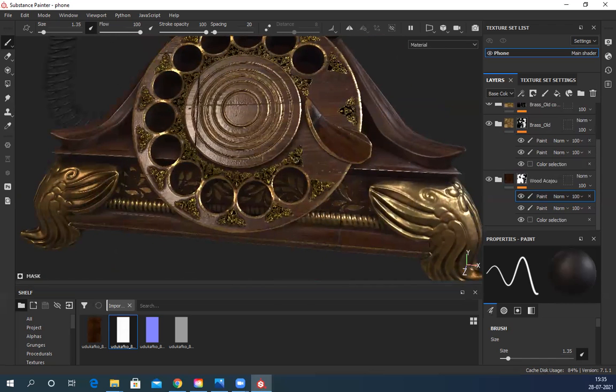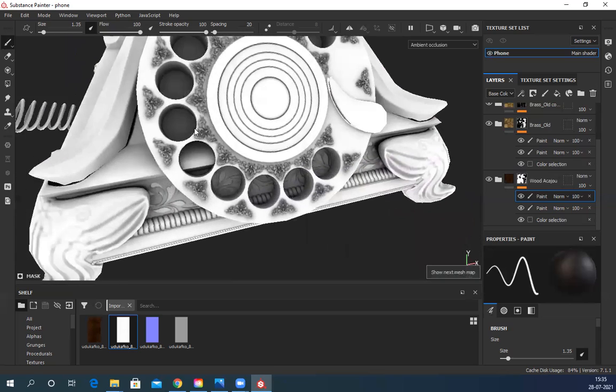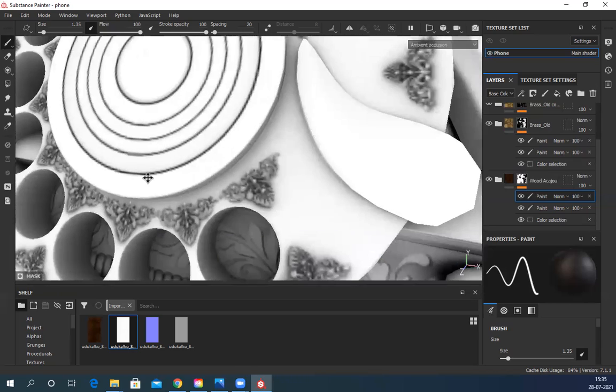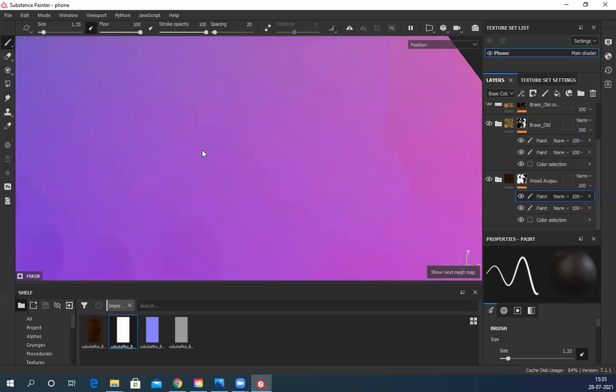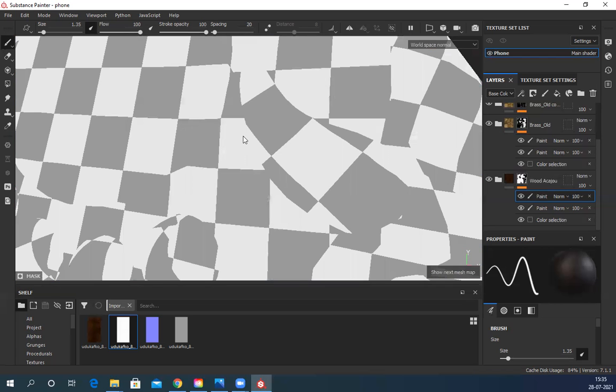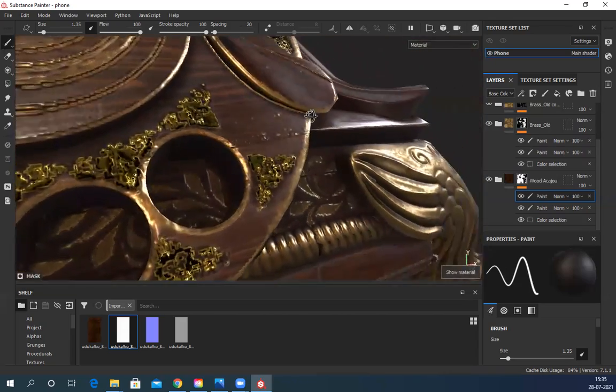And this blackness is because this is a very tiny design, so the shadow becomes really prominent and becomes black. If I press B for bake, you can see in ambient occlusion all the design is pretty dark. If I lighten this slightly, it will become normal. So B again, you can see it looks pretty good, and that is the curvature. It's fine. So if I fix this, it will be fixed.